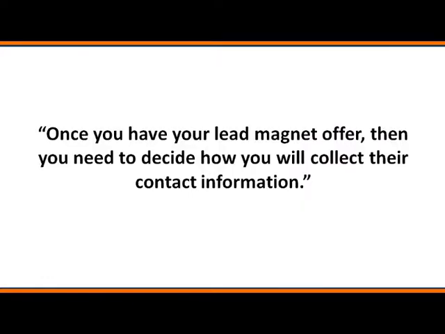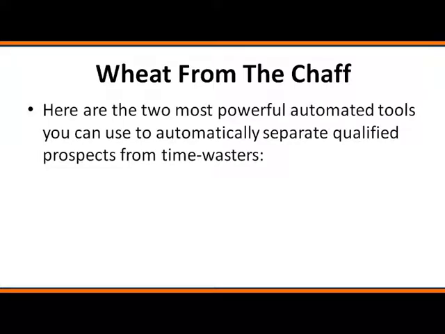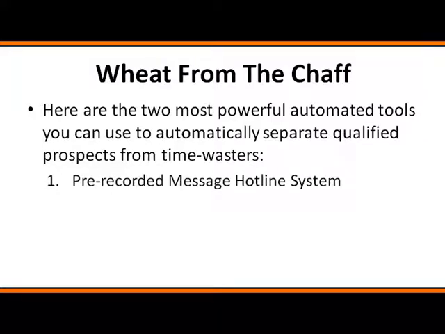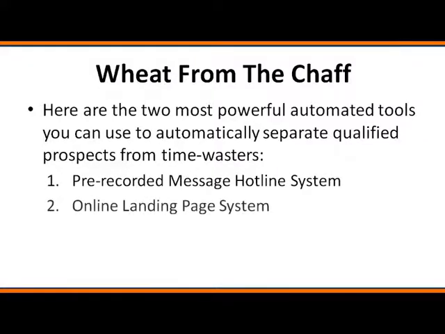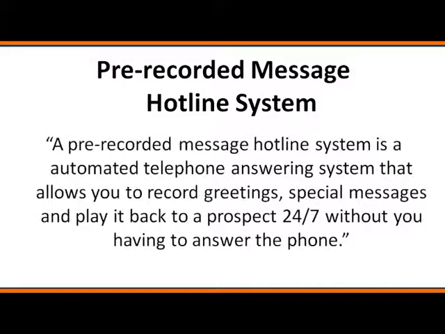And once you have your lead magnet offer set up, then you need to decide how you will collect their contact information. And here are the two most powerful automated tools you can use to automatically separate qualified prospects from time wasters. One is a pre-recorded message hotline system, and two, an online landing page system. So in regards to the pre-recorded message hotline system, this is a message system that is an automated telephone answering message that allows you to record greetings,